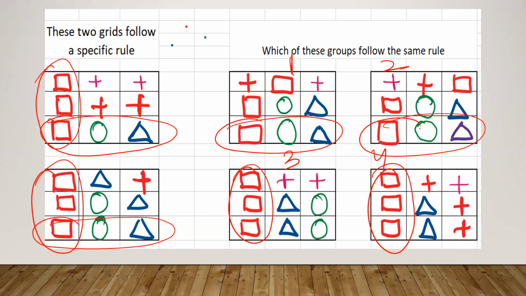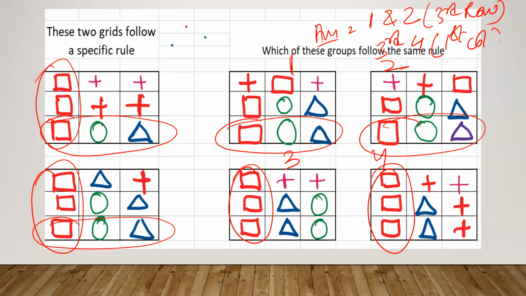If this is the case, then your answer is both 1 and 2 if you see the third row, or your answer is 3 and 4 if you see the first column, because it's not like two columns together or something like that. At least I have not seen it. If I see two rows together, nothing. First and third row together, nothing's coming. Then first and second column together, no; first and third, no, nothing.